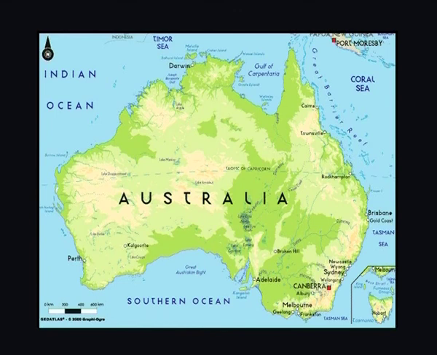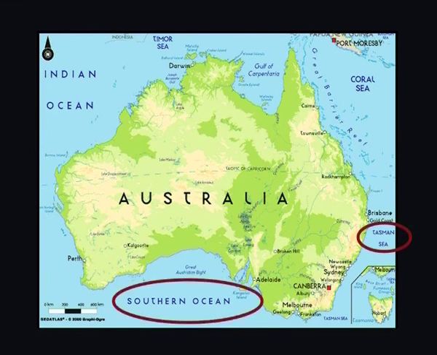Geographical features of popular tourist regions. Location and geography. Australia is an island continent in the southern hemisphere, lying between Antarctica and Asia. Australia is surrounded by the Indian Ocean to the west, the Timor, Arafura and Coral Seas to the north, the Pacific Ocean to the east and the Tasman Sea and Southern Ocean to the south.